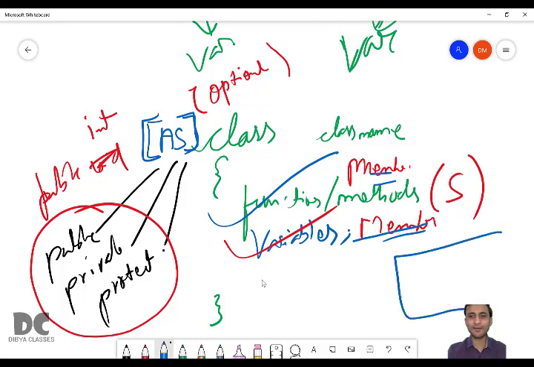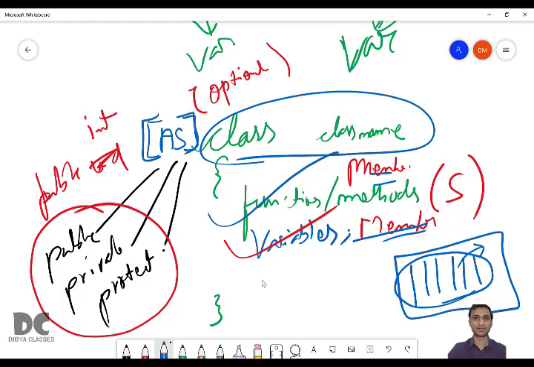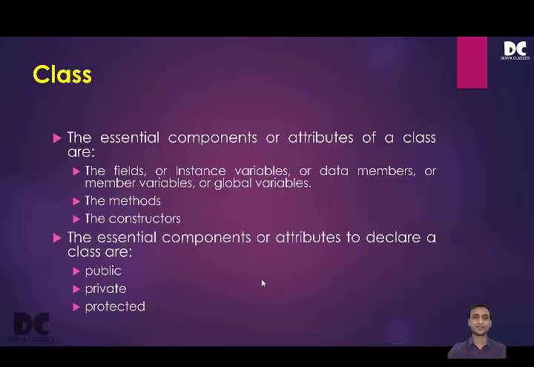A class is like a family and there are many functions and variables. So all these are what of the family? They are the members of the family. It is similar to that. So all these functions and variables are members of the class. Which class? The class they are present inside, not some other class. They are the members of the class inside which they are present.